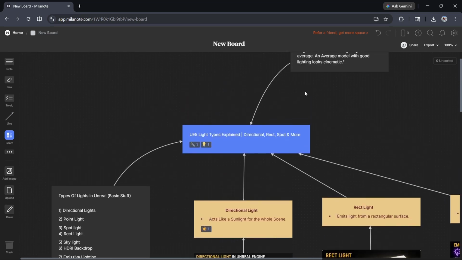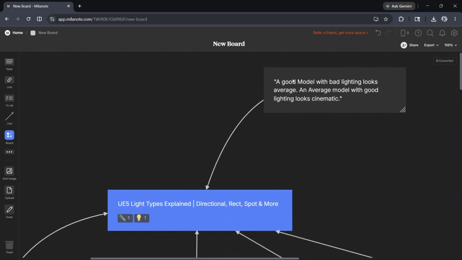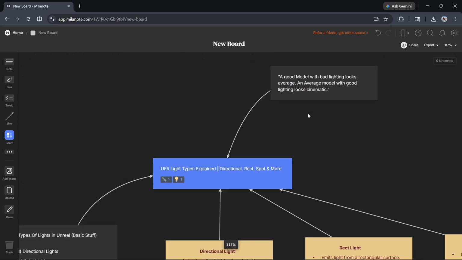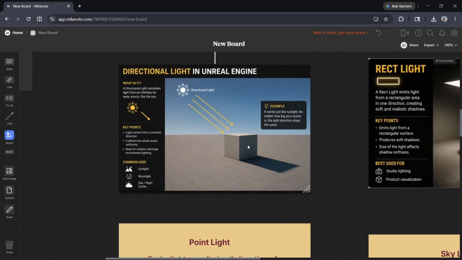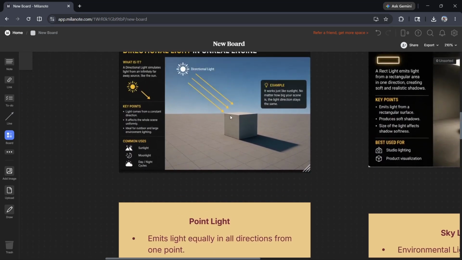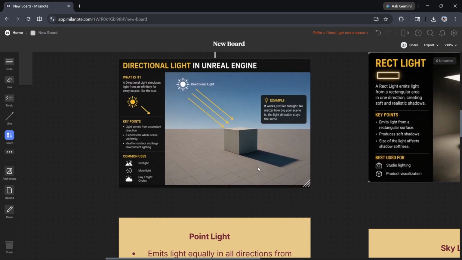Before touching on those points, I have a quote: a good model with bad lighting looks average, but an average model with good lighting looks cinematic. Why do we say that? For example, take this cube as a model, a car or something like that. If my lighting looks average in this scene, but the model is really good, it won't connect with people. It won't connect realistically. So good lighting plays a very important role, and we need to make that very clear in our head, that good lighting is what makes a 3D model or a 3D game or a 3D movie look really